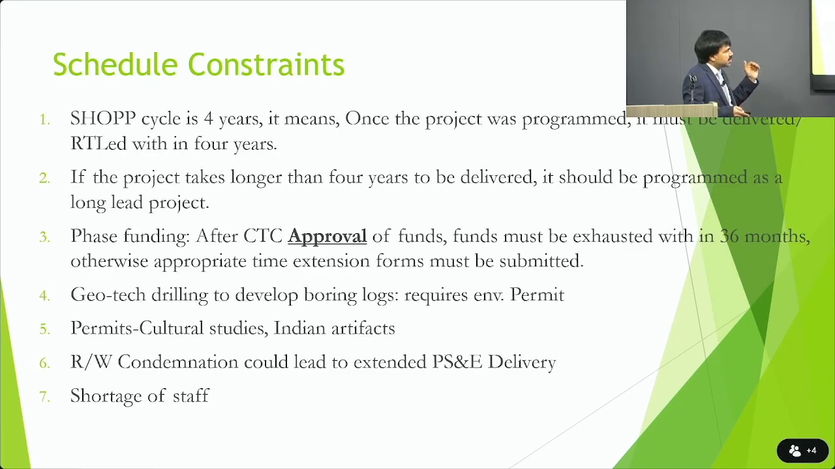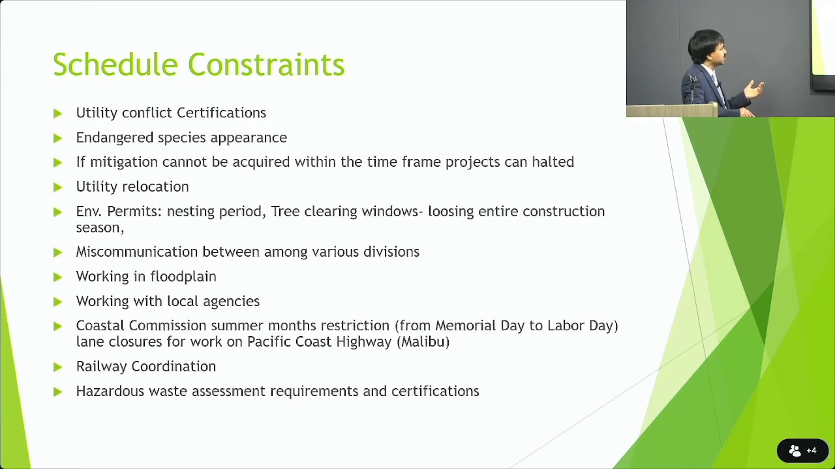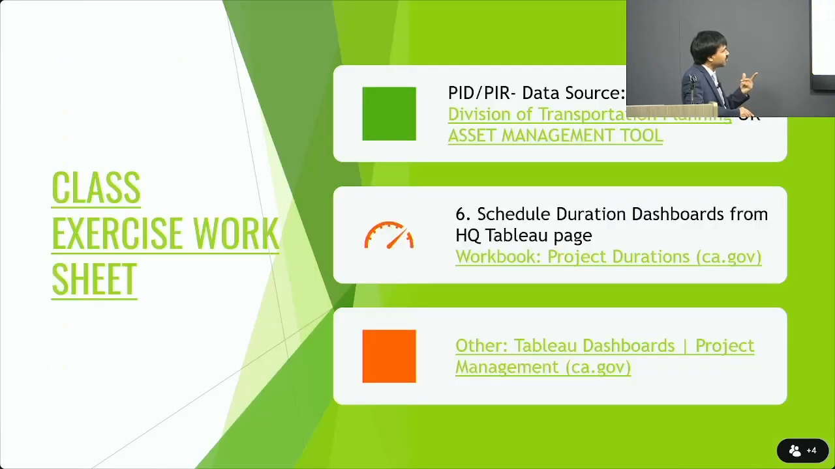And after CTC approval of funds, you have 6 months to spend. Once the CTC gives you the money, within the 6 months, you have to charge to that particular phase of the project. Otherwise, you have to do proper documentation to get the time extension for the funds. And then another requirement is you have to spend the money within 36 months. If you're not able to exhaust the funding within 36 months, you have to do the proper documentation as well. And most of the time, the constraints are not having the permits within the time. And if you have cultural studies or other tribal sites on your project, that would also delay your project to some extent. All right, before we go,